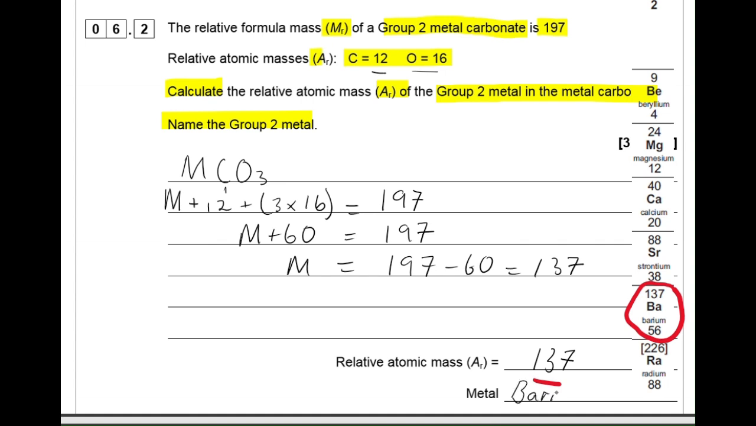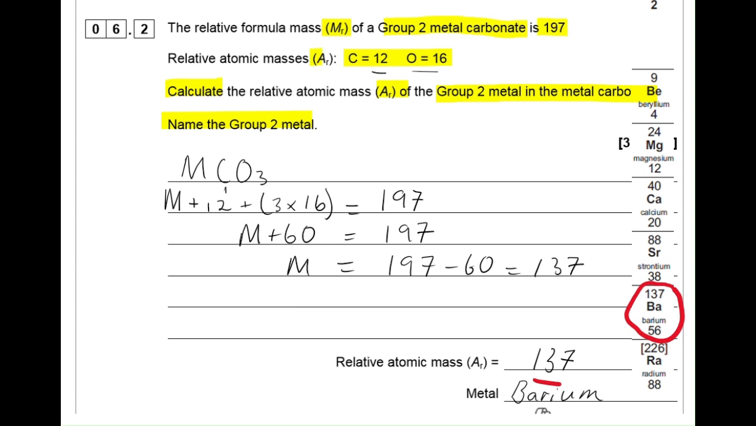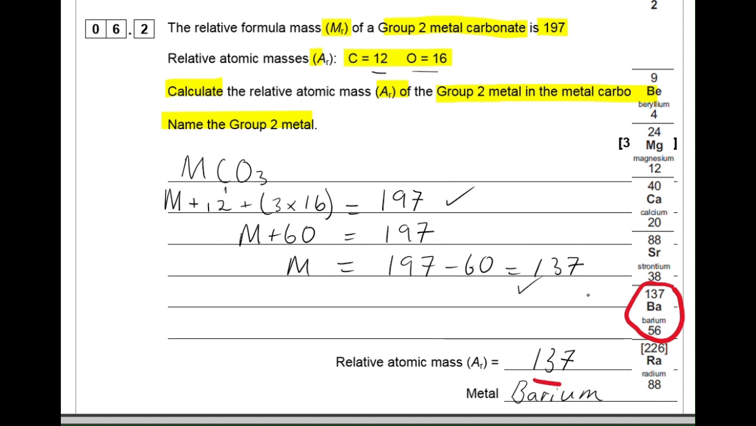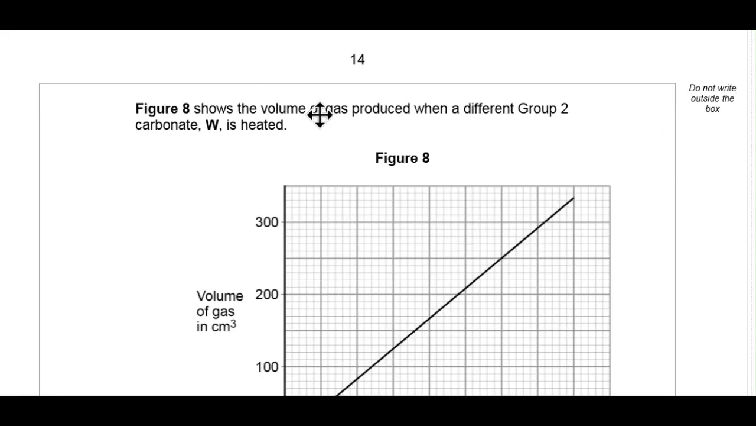So, the answer for the metal is barium. 2 marks for working out the relative atomic mass and 1 mark for barium. So, over the page. Figure 8 shows the volume of gas produced when a different group 2 carbonate, W, is